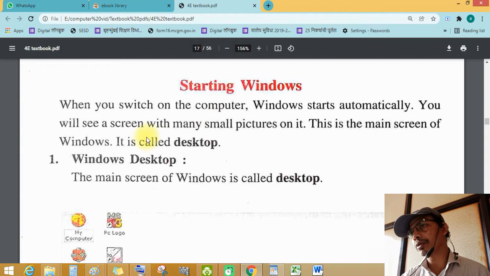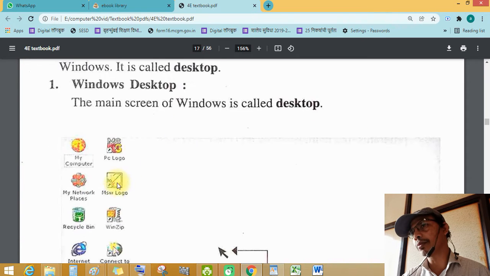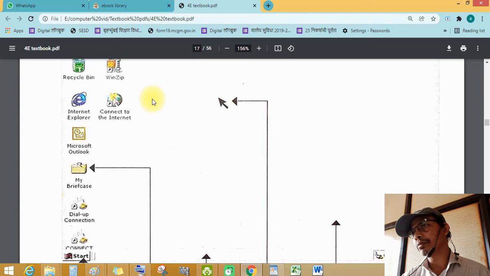Starting Windows. We learn how to start Windows. When you switch on the computer, it starts automatically, and you can see many small pictures on the screen. This main screen of Windows is called the desktop. See this desktop.